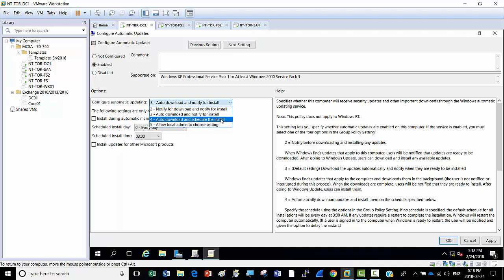In productions, we always schedule the things. In this period of time, you can install and reboot, right? So that time is the best for us. So choose the fourth option, and then install during automatic maintenance or schedule install day. If I click on this one, and then